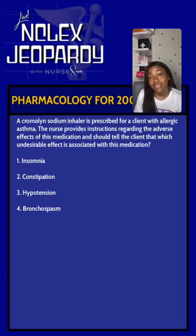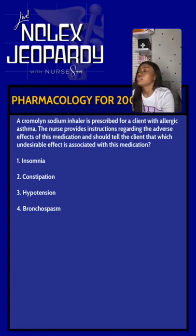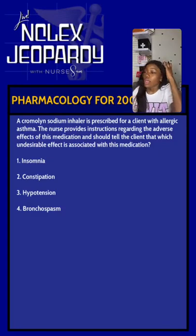What is our answer? All right, cromolyn sodium, that is the medication. Remember, this is pharmacology for 200. Let me go to it, actually. Great. Yes, so we're looking for...